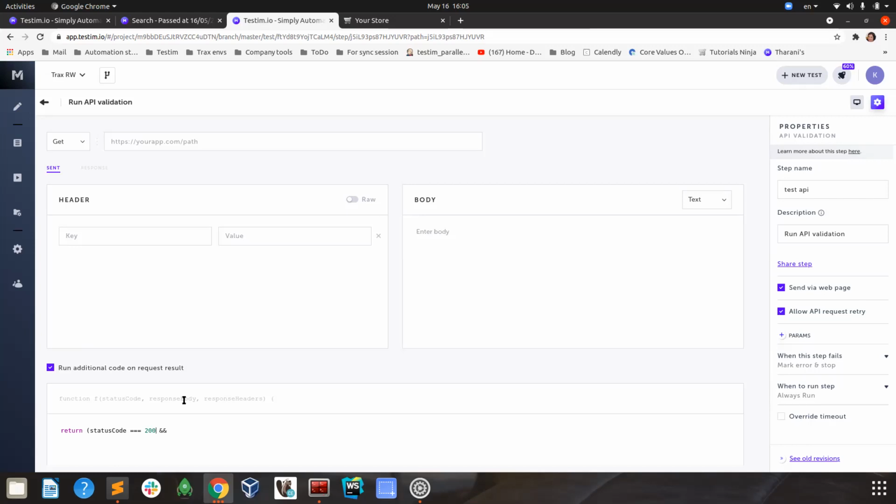Okay, got it. So do we have any integration with an issue tracker tool with Testim, like Jira or any other tool, through which we can directly raise a bug? Yes. I must show you something related to the tracking system. This is a great thing. They do have integration with the